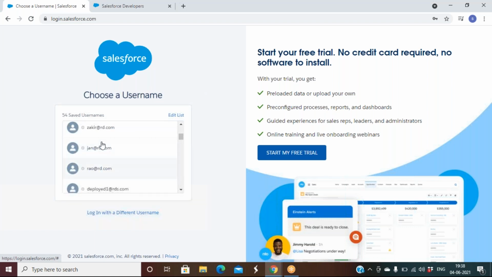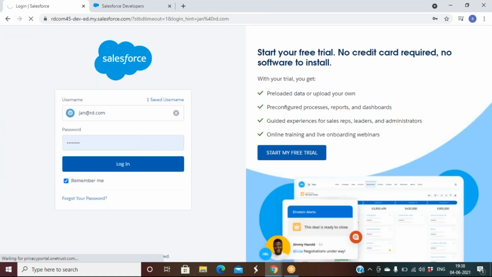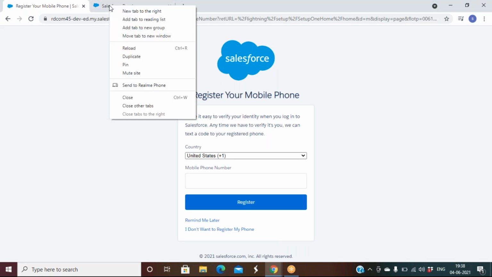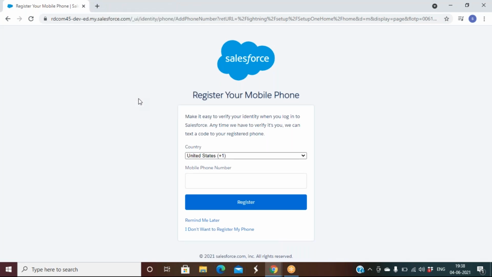So I'll be logging into our account. So you should give your user ID and password. You can have an option to store your user ID and password in the browser, because you will get an option to save, right? You just click save so that everything gets stored, the cache and everything. Why? Because every time you no need to provide your user ID and password, directly you can log in.